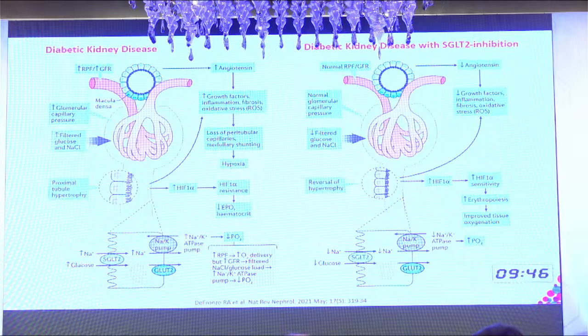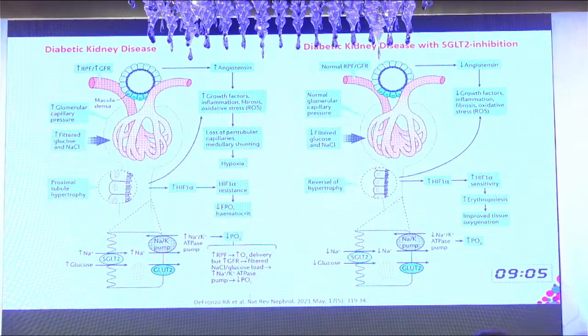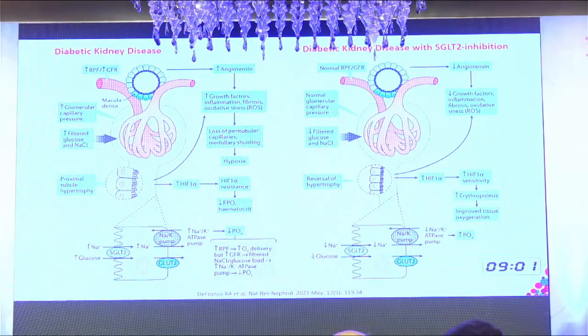Coming to the SGLT2 inhibitors, in diabetic kidney disease, as we all know, hyperglycemia causes increased filtration at the glomerular level. And as we have larger fetuses in diabetic females, in the same way, in diabetics, even when kidney disease has progressed, the diabetic kidneys are enlarged in size. So it is the hypertrophy not only of the glomeruli but of the proximal tubules, which increases the proximal tubular reabsorption of sodium and glucose, and decreased distal delivery of sodium gives the macula densa a sense of dehydration, causing a RAS activation. So hyperglycemia causes increased RAS activation, causing increased glomerular hyperfiltration related injury to the glomeruli,